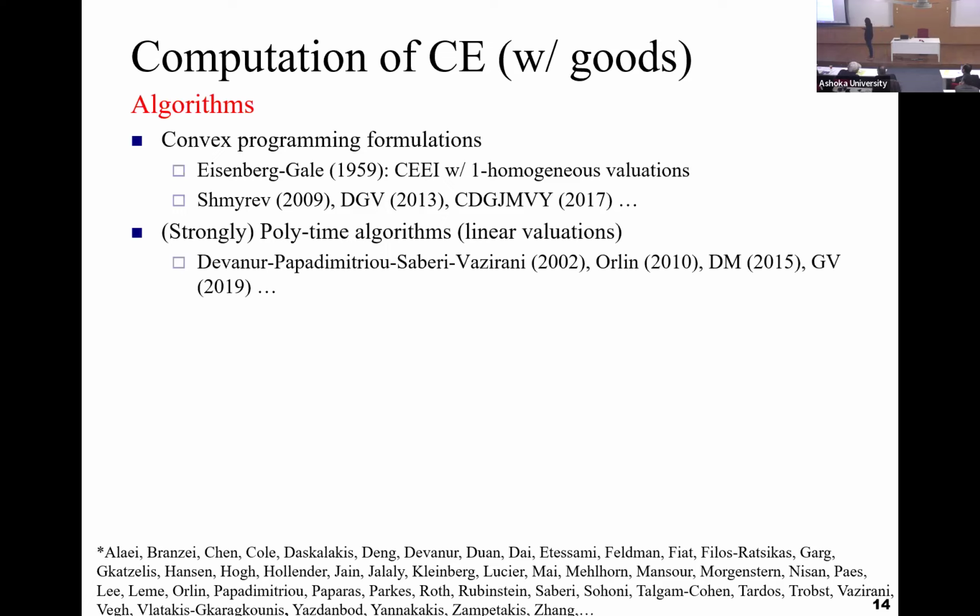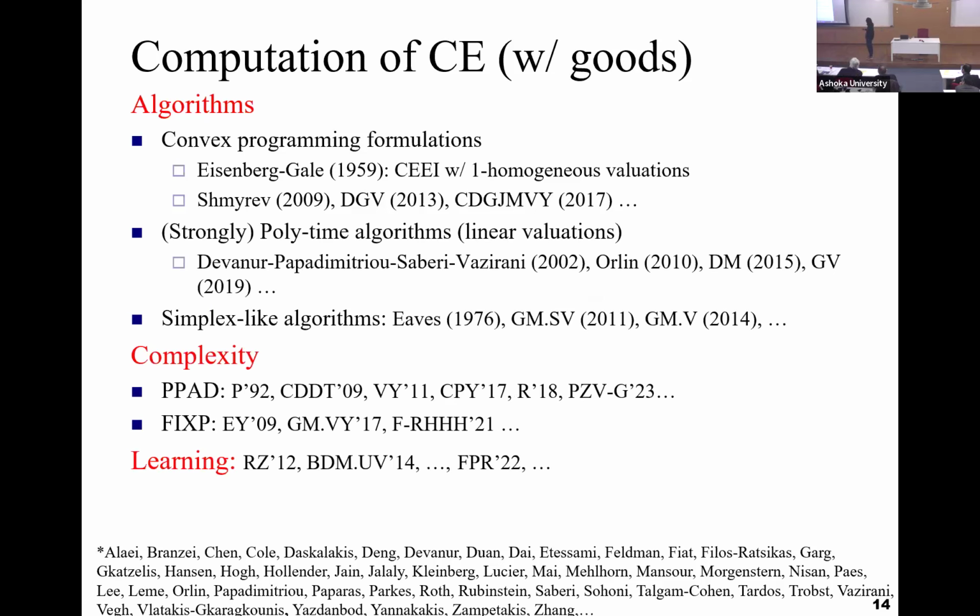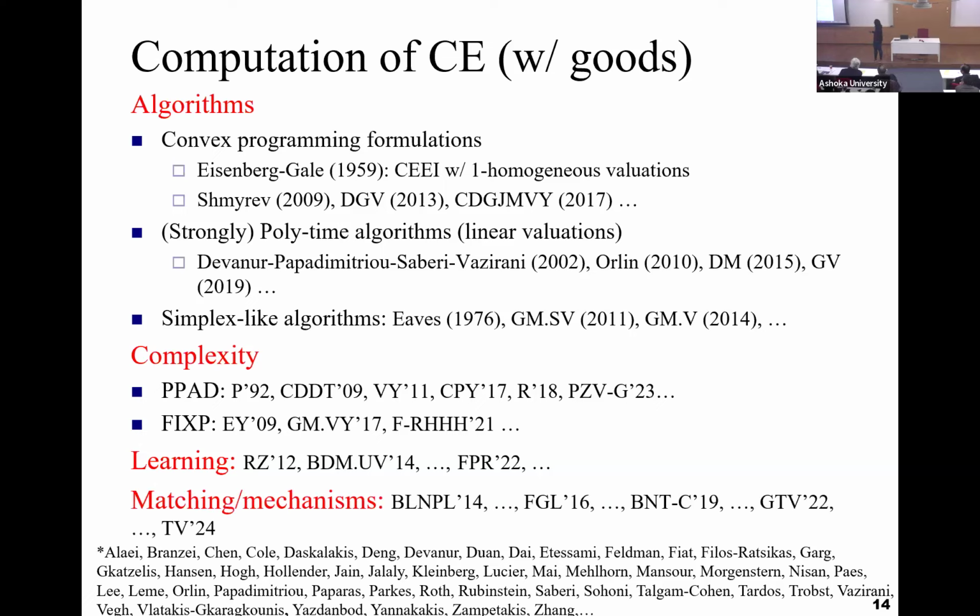The previous work that happened within economics was mostly about structural results, like convexity of the set of equilibria and so on. Somewhere here we started talking about polynomial time algorithms. For linear valuations, a lot of good algorithms are known, and then there were simplex-like methods. I have also done work in this area with Vijay. As you go to more and more complex valuations, the problem becomes hard. There is a class called PPAD, which sits in NP intersect co-NP, and so that's where you go.